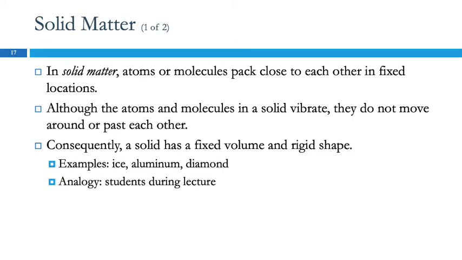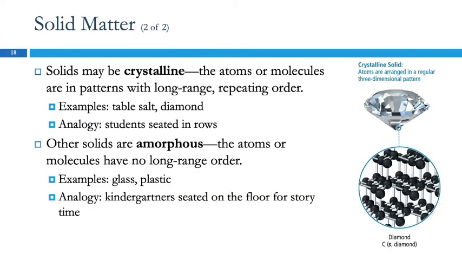So those are the things I mentioned about solids. We can, of course, categorize solids also as crystalline or amorphous. And so in a crystalline solid, a lot of these solids do actually look like crystals. The particles have a regular repeating pattern. So diamond is an example of a crystalline solid. The atoms are arranged in a very particular way. Okay, and this would be like,